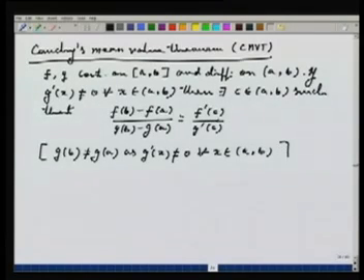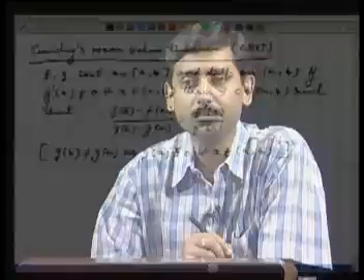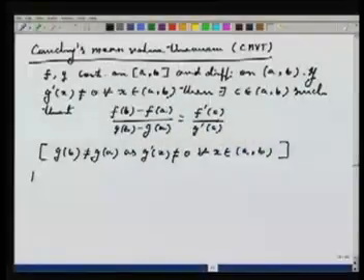How does this follow? Because if G(b) equals G(a), then by Rolle's theorem there will exist an x in the open interval (a, b) such that g'(x) is 0. But g' is always non-zero, that is given. That means G(b) cannot be equal to G(a). And now I can remark